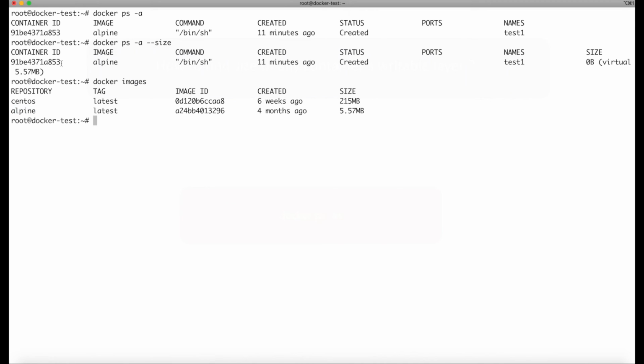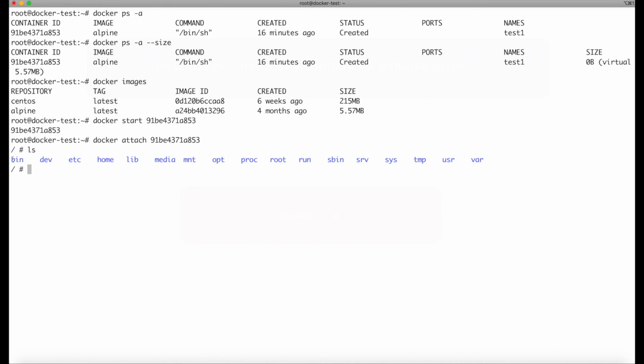Now let's do a practical where we will write some content in this container and see if its writable layer size will increase or not. So first I will start this container and I will go inside this container. Docker start. Now this container is started. Now I will go inside this container. Docker attach. Now I'm inside the container.